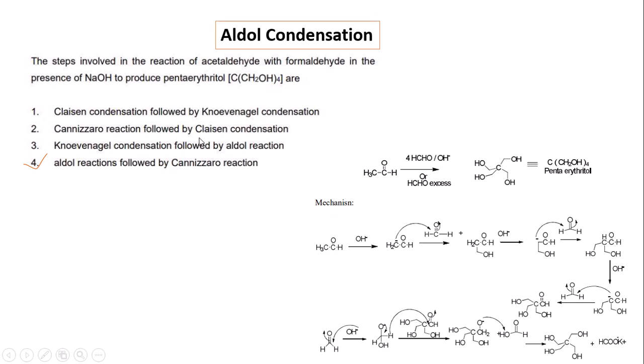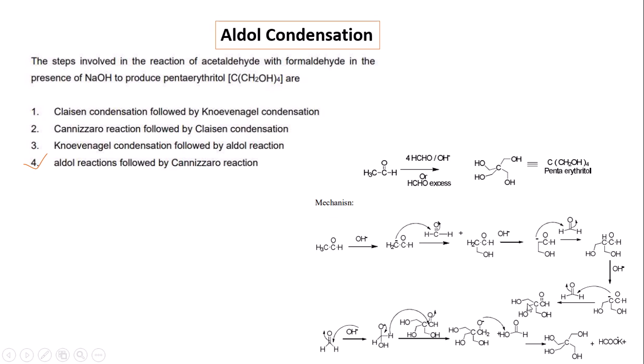Next is a very famous problem for the UG level, that is the formation of pentaerythritol, and this problem comes in different types of examinations. This is the reaction of an alpha-hydrogen containing aldehyde in the presence of OH minus. It produces the carbanion, and this carbanion adds to the carbonyl and produces the hydroxymethyl-substituted aldehyde. And this hydroxymethyl-substituted aldehyde undergoes further aldehyde addition